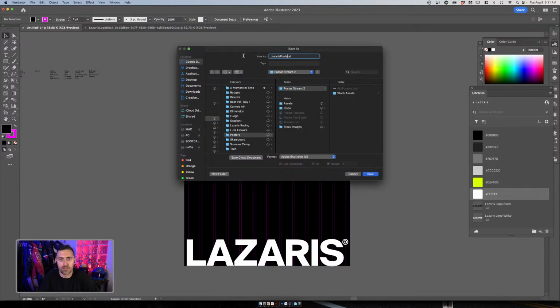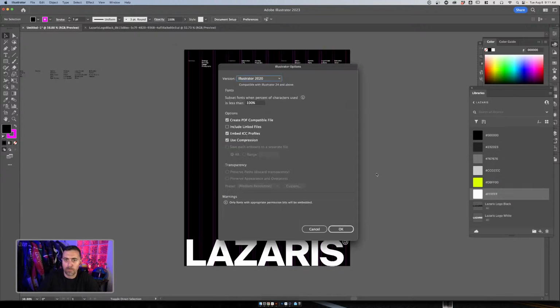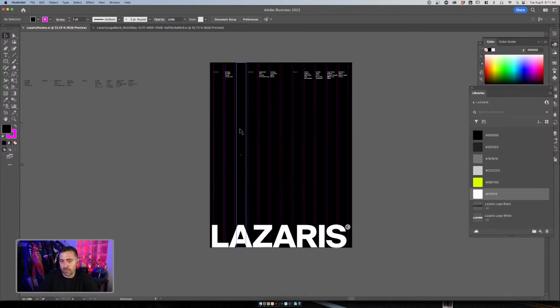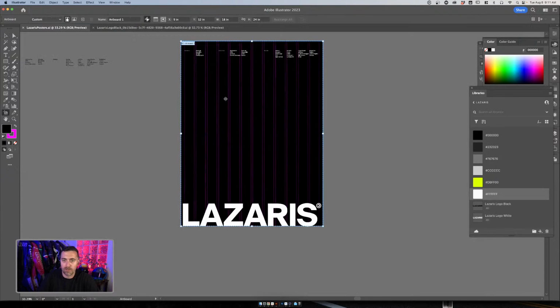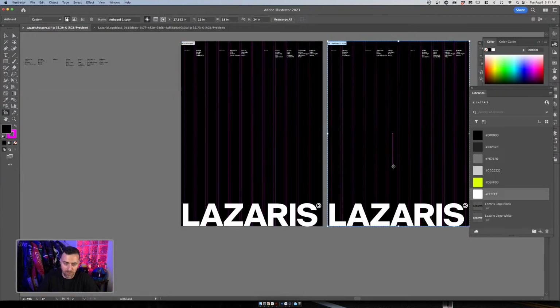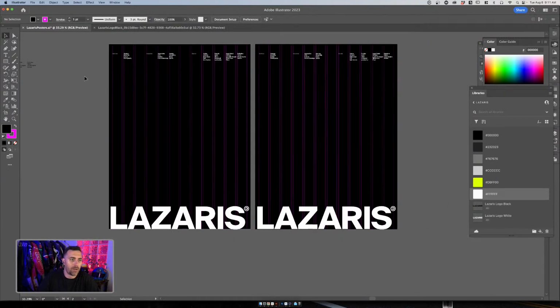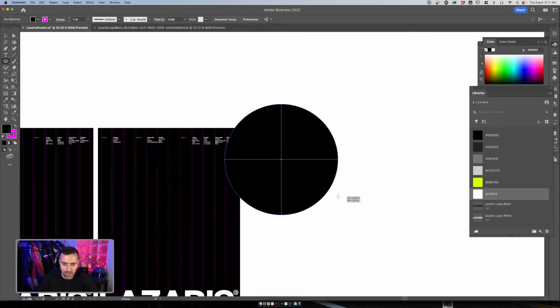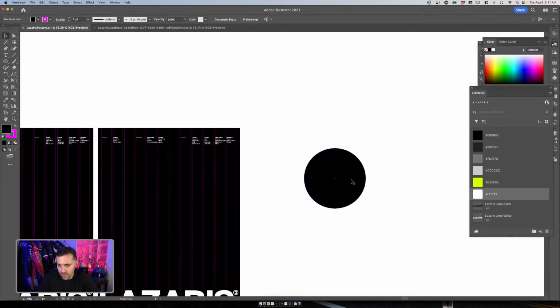Lazarus posters.ai. Boom. Cool. So that's one option. We can also start. So this is going to be intentionally blank or pretty blank comparatively. We could also start pulling in some other fun elements. For those of you who don't know, you can have a lot of fun with just building cool shapes within Illustrator and then doing the mirror and flip stuff. So let's see what we want to do here.